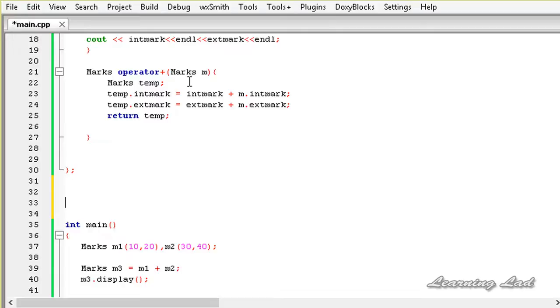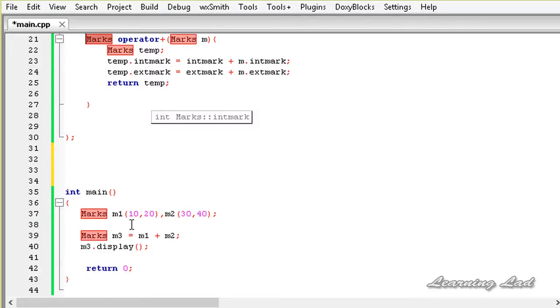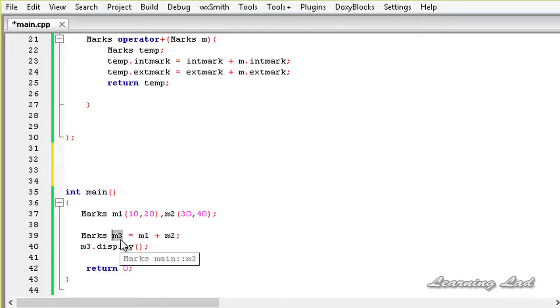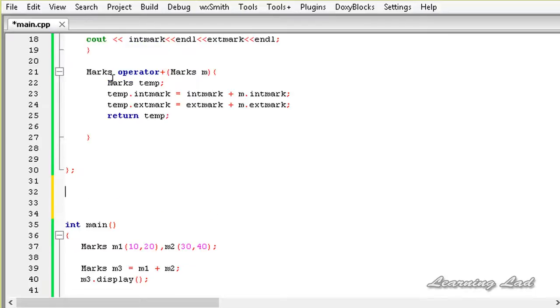So here also we need to specify the return type of the operator function which is marks, because we are going to use this operator minus to create a new object by subtracting the values of other two objects. So here is going to be the return type first, which is marks, and then